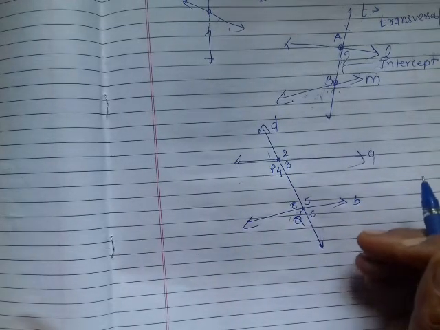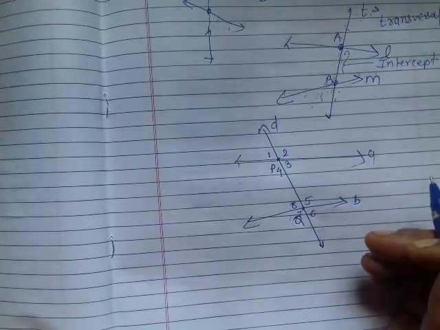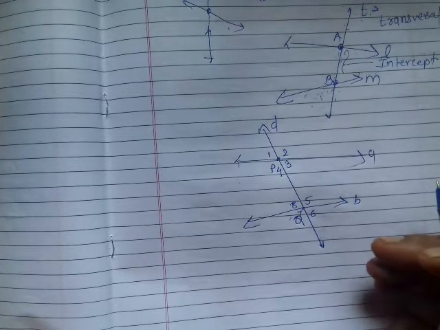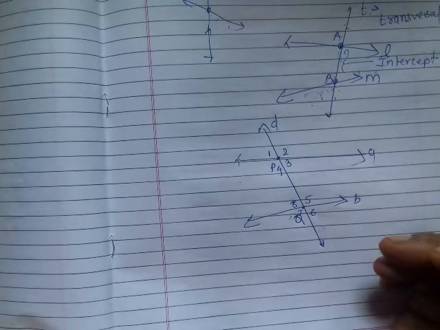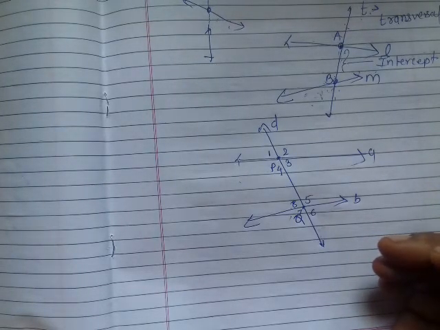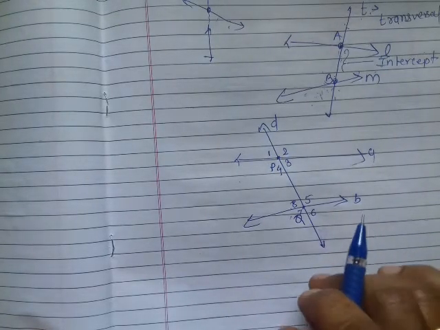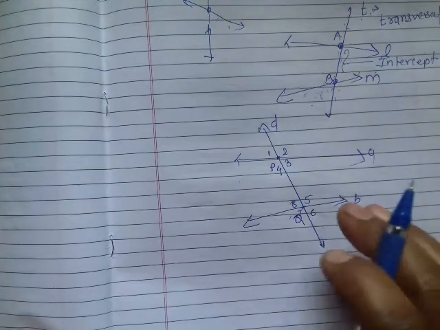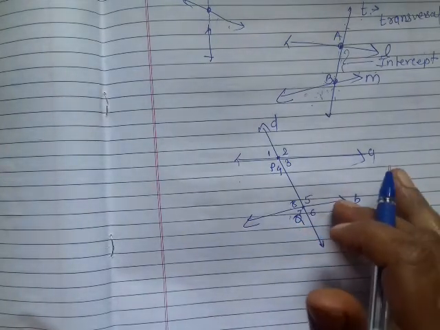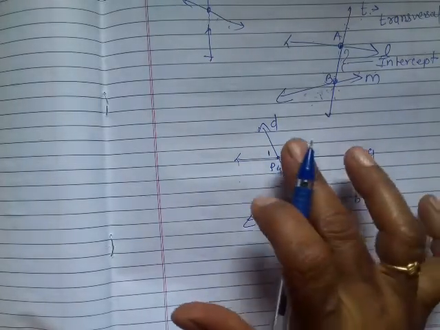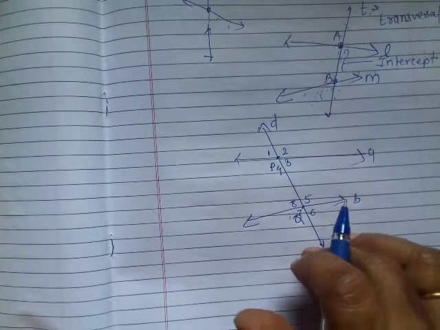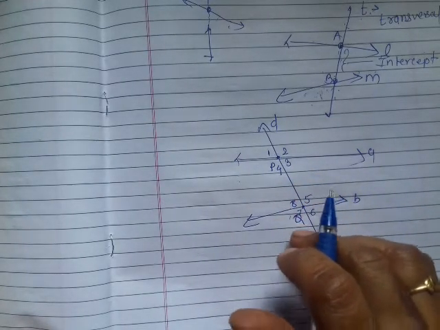And this year we are going to study the different pairs of angles. See, last year you studied supplementary angles, complementary angles, even angles in a linear pair, and vertically opposite angles. All these types we have studied. You have to remember, not forget it. And this year we are going to study different types of pairs, formed when any two lines are intersected by a third line in two distinct points, means any two lines intersected by a transversal, then these angles are forming and their pairs are there.